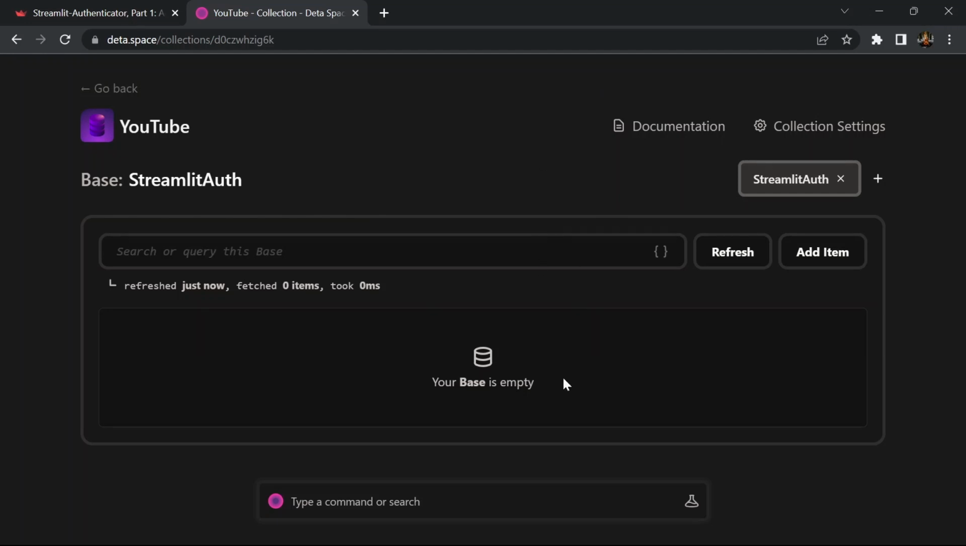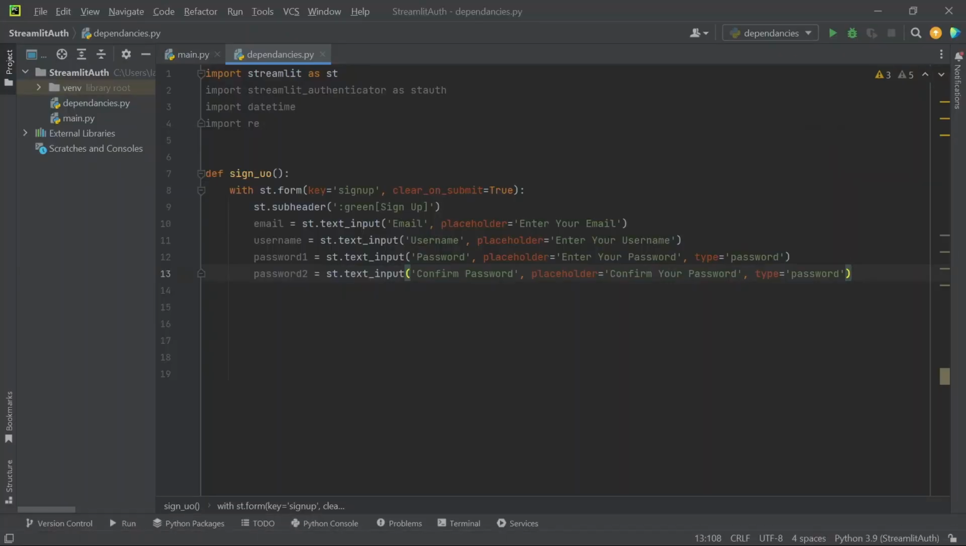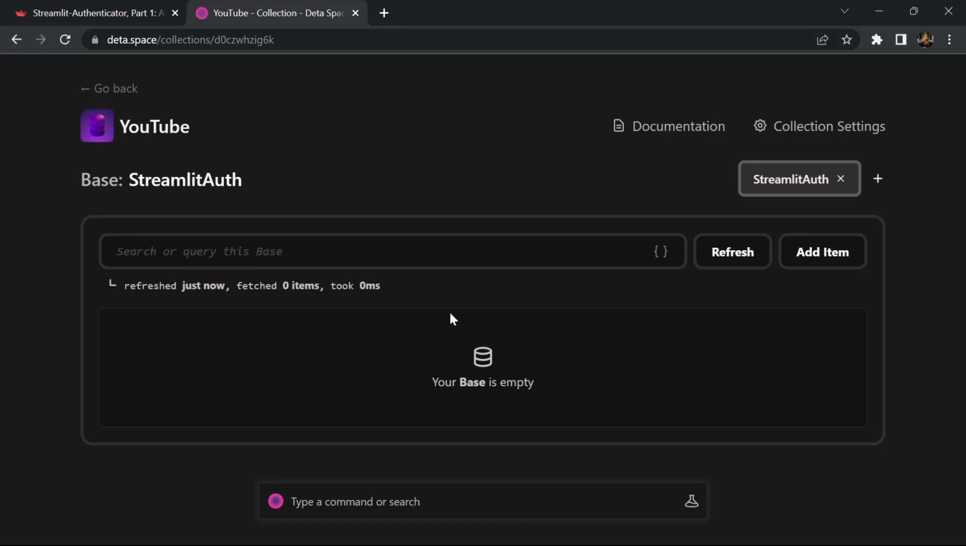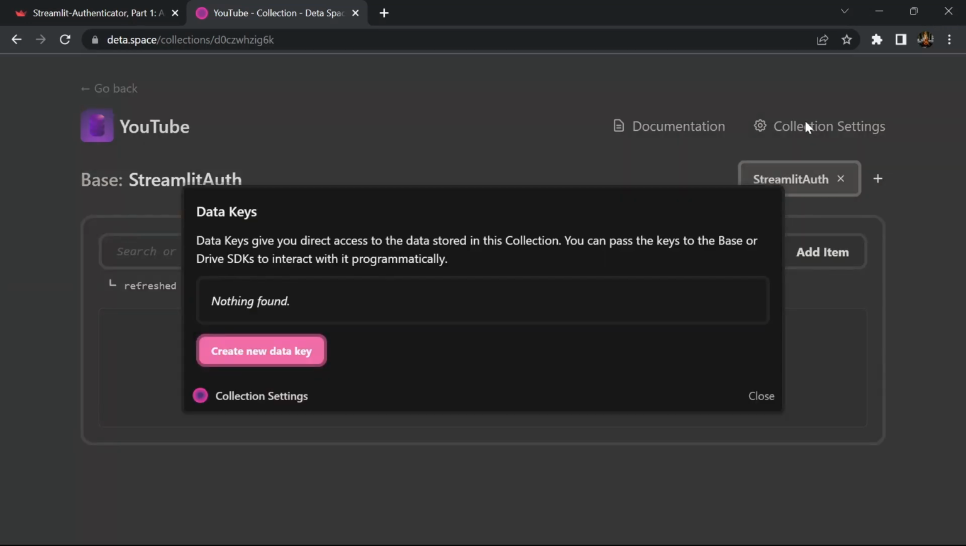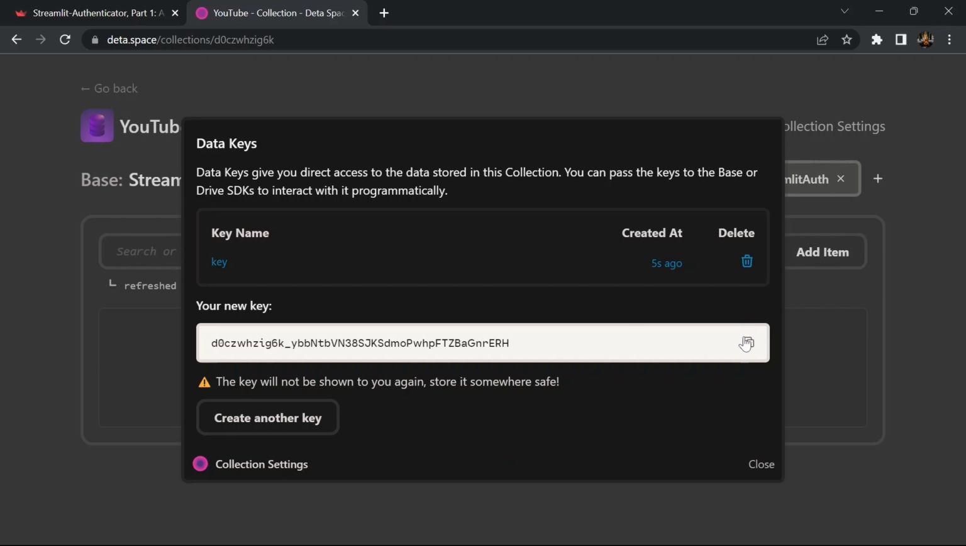You can see our base is empty, and we also need to add some data here. Now to do that, we'll have to write some functions to insert and get data. We also need the key to connect to this base from our development environment. So I'll click on collection setting and I'll create a new data key. I'll give it a name called key and click on generate. So I'm going to copy this